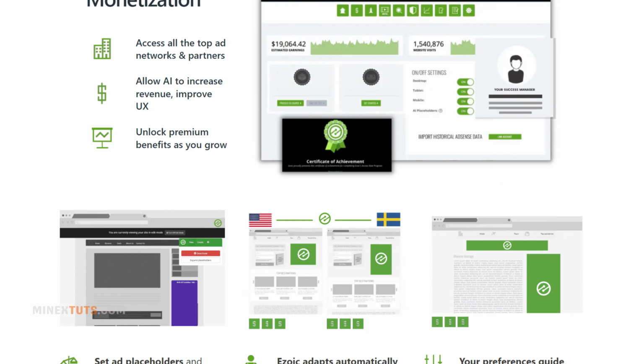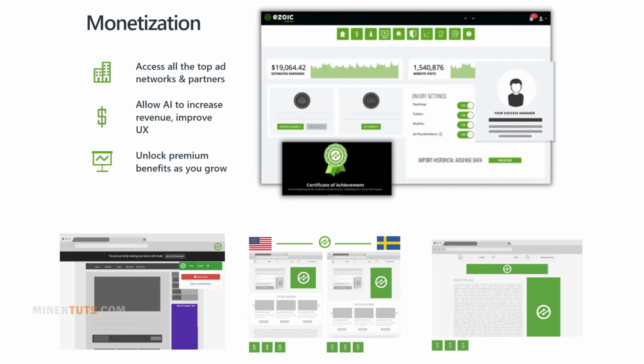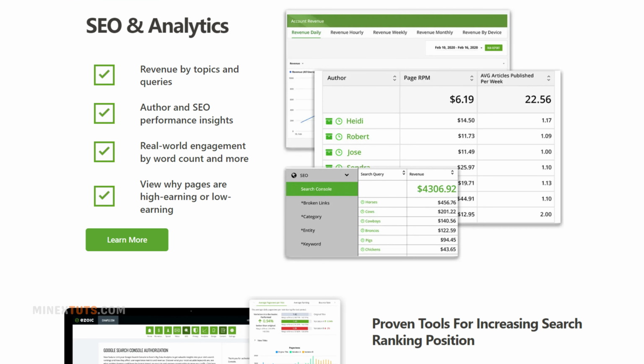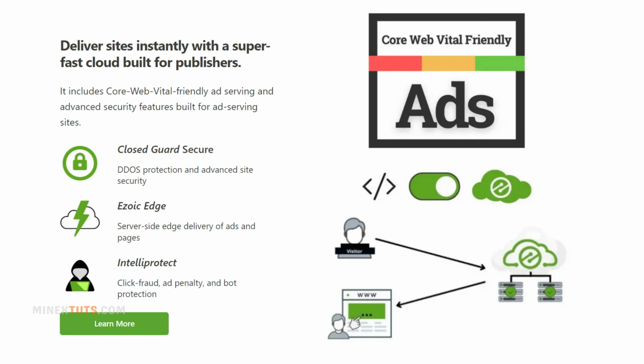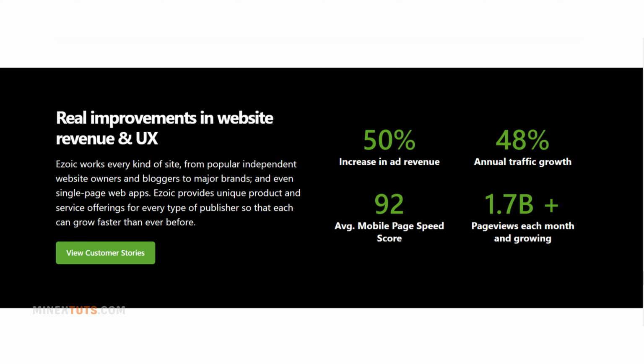On the ad side, Eoic leverages artificial intelligence and machine learning to maximize ad revenue. Their proprietary technology called Big Data Analytics continually tests different ad placements, formats, and partnerships to identify the highest earning combinations for your individual site and audience. Eoic's AI also works to create a better user experience by limiting poorly performing ads. The combination of ad revenue optimization, free speed technologies, hosting, and video make Eoic an attractive all-in-one monetization solution.